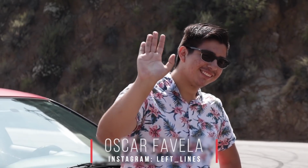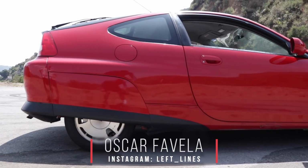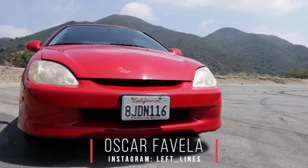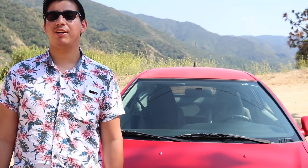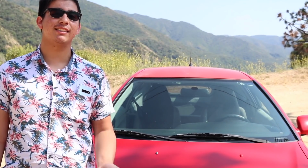Hey guys, this is my 2001 Honda Insight, also known as the first hybrid ever sold in the US, beating the Prius out by 7 whole months. The Honda Insight was built in Suzuka, Japan from 1999 to 2006. It shared the same assembly factory as the Honda S2000 and the Honda NSX, and like the NSX, it has